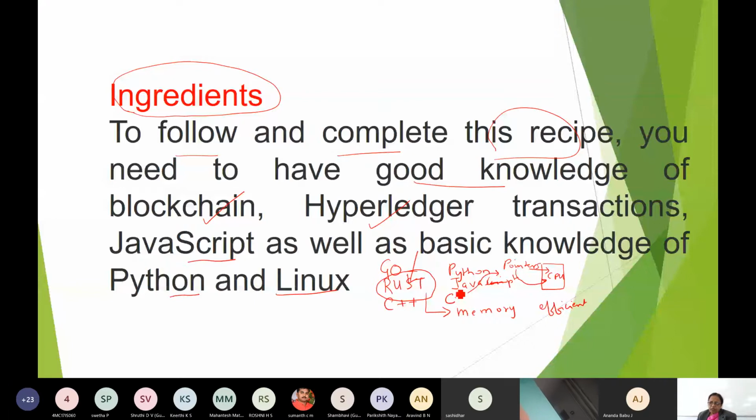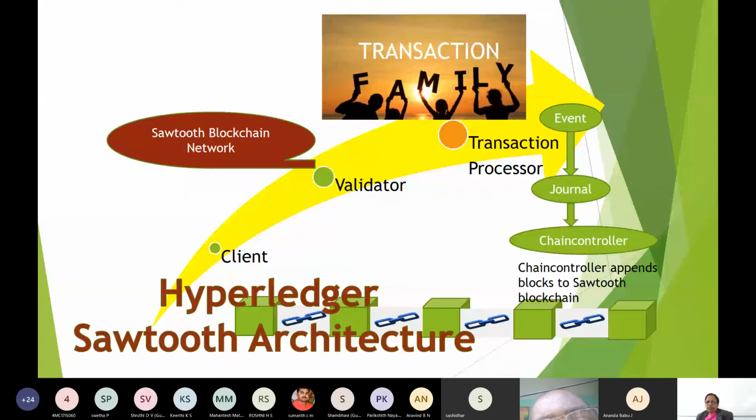In large systems, they wanted to reduce the execution time and optimize the transaction life cycle time. Hence, they have implemented some of the designs using Rust. We can use this language to design the transaction processors, transaction family, and also the client side. I will now go through the transaction flow.